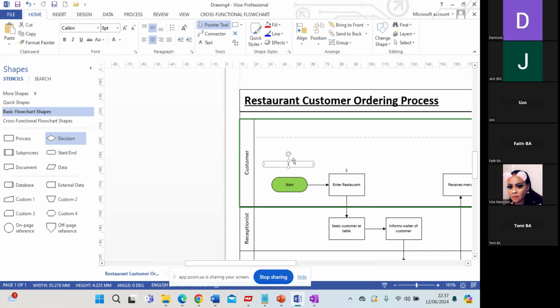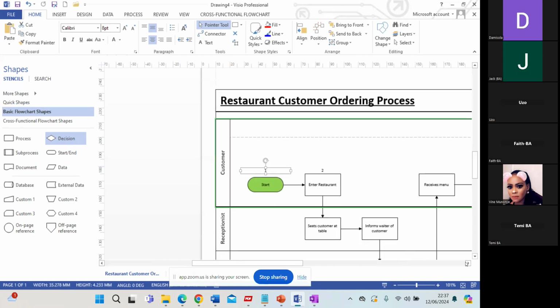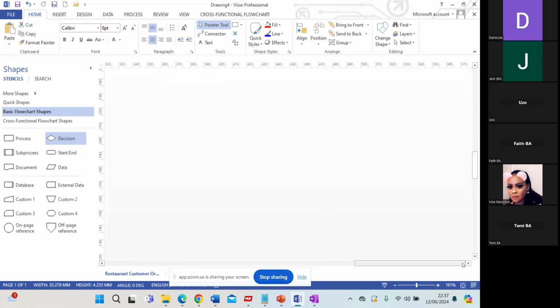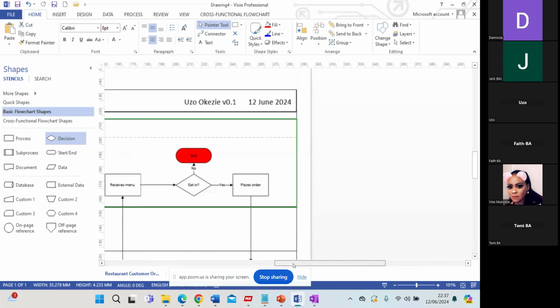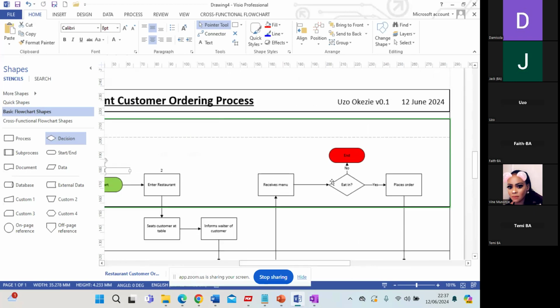But if it's still on text, it'll keep creating text boxes for you. And then when you come to your decision, because again, remember your decision is a yes and no. Oops, where did that go? Okay, so for something like this, let's say this is a,